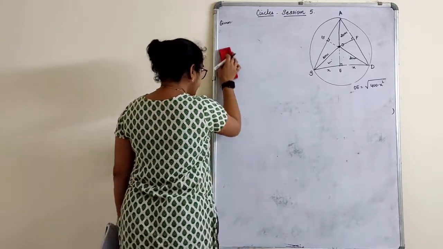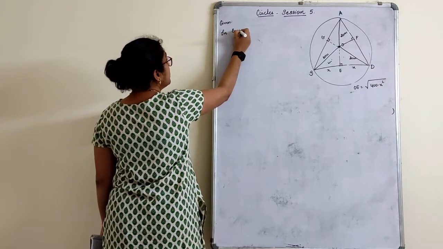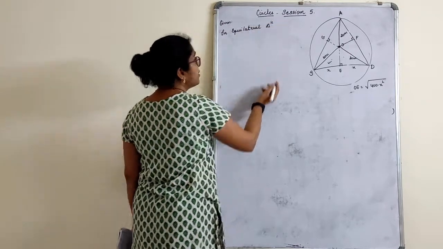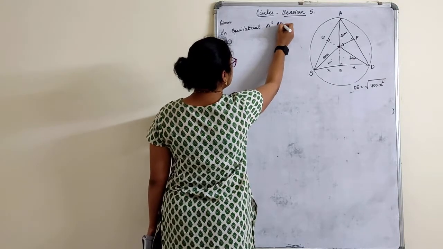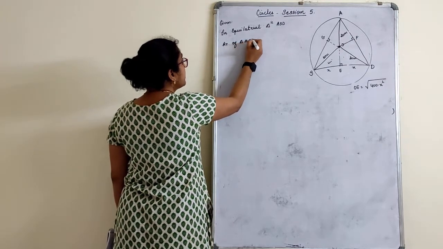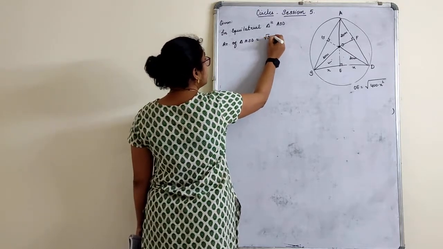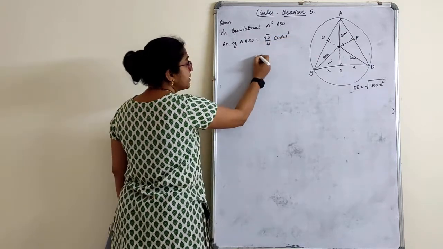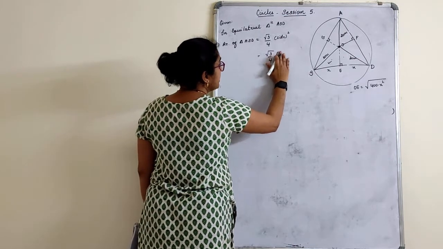Now, is it equilateral triangle? Yes. How did you know it is an equilateral triangle? Because I have given that all these are sitting equidistant from each other. In equilateral triangle ASD, area of triangle ASD is equal to, what is area of equilateral triangle formula? Root 3 by 4 side square, any one side. Root 3 by 4, I will consider the side as